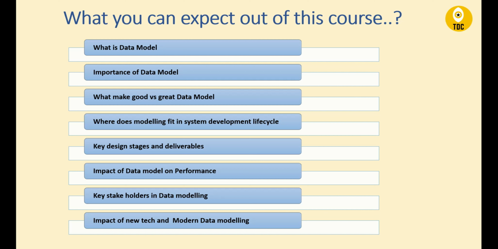And also you need to understand the impact of new tech and modern data modeling, because the data modeling fundamentals theoretically will never change, but still there are aspects where it can impact the traditional way of data modeling, right? Because there are new technologies like data warehouse, data lake, delta lake, all these concepts have come, and with that NoSQL databases. So the fundamentals will not change, but there are some aspects of data modeling that will get impacted or affected. So you need to be aware of all those technologies and also know what modern data modeling is, right?